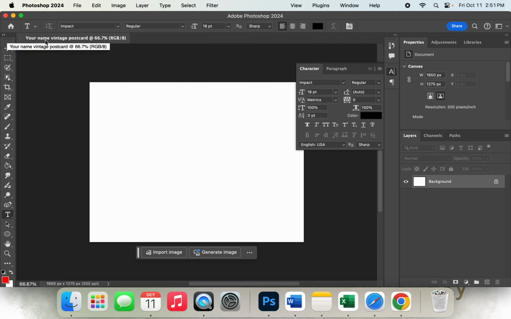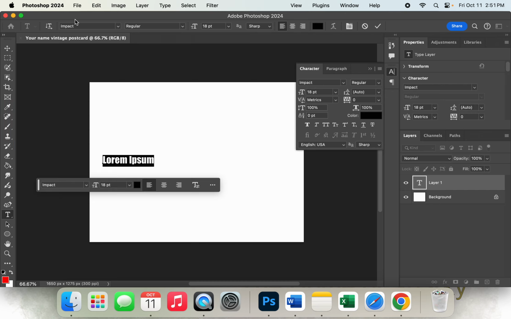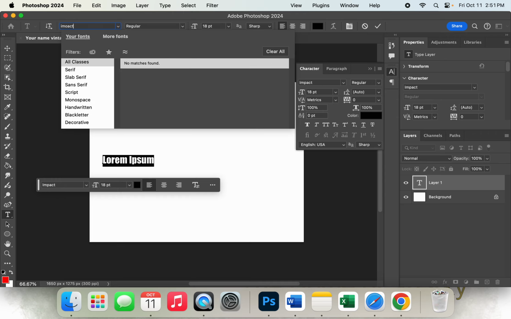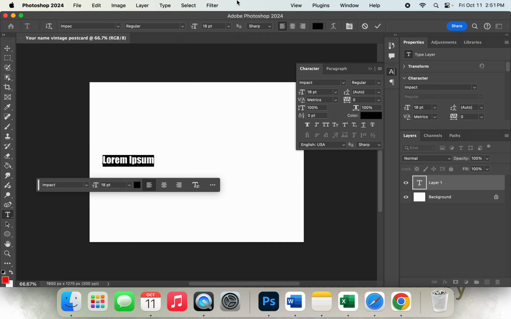The next thing we need to do is make this postcard for California. So we're going to get the text tool. You can hit T on your keyboard or this T tool here. And then we're going to make some adjustments in the tool option bar here. You can type in Impact. Got to spell it right though. And then select that. Then we're going to change this to 72